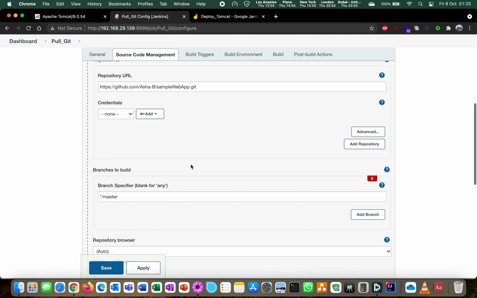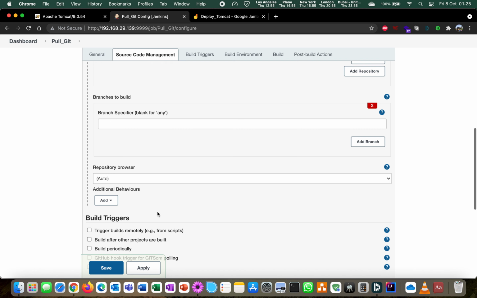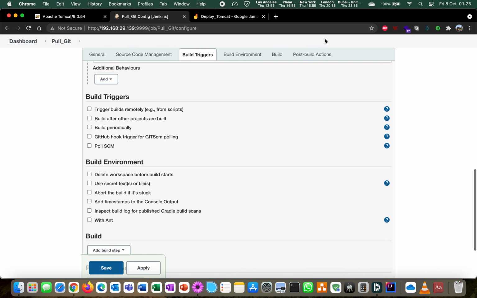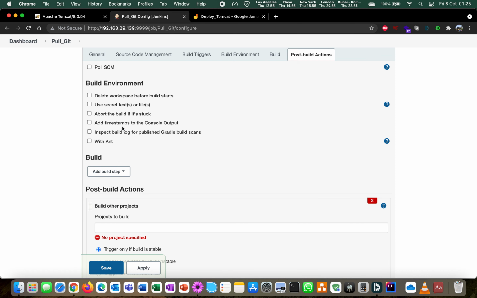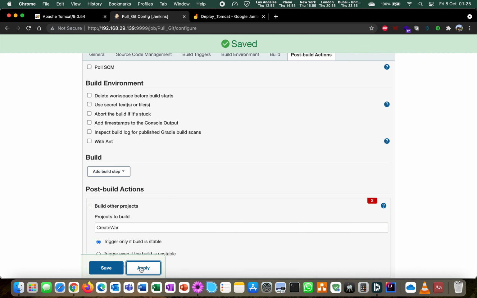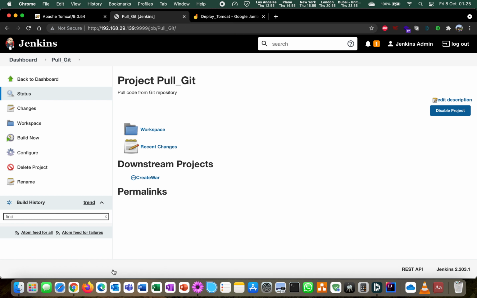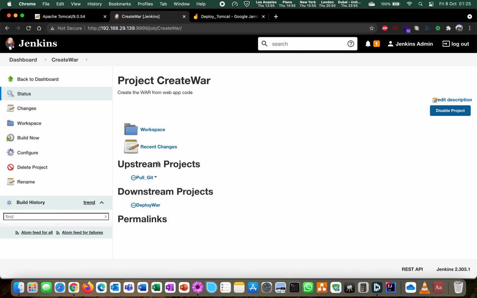The branch by default is the master branch, so you can just delete it or keep it anyways. Right? In the post build action, we need to just select the next job, so build other project, and the project in our chain is create war, so we'll just select that and click on apply and save. Right, so in the downstream you will see that the create war has automatically been aligned.